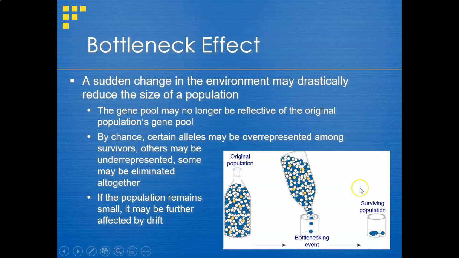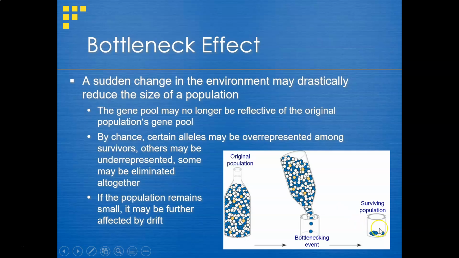So this is a pretty common graphic when we talk about bottleneck effect. So here's my original population. I had a couple yellows, all right, and mostly whites and a handful of blues. We go through this major event, let's just call it a hurricane, all right, and then I look at that surviving population, and you can see that that clearly does not represent the diversity we saw in that original population. All right, the vast majority of these survivors happen to be blue, and just a single white, and none of the yellow is represented at all.